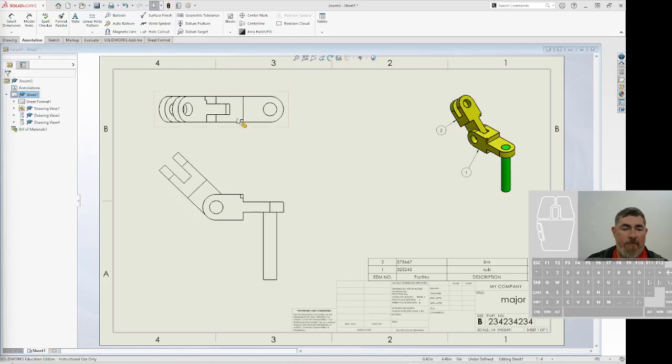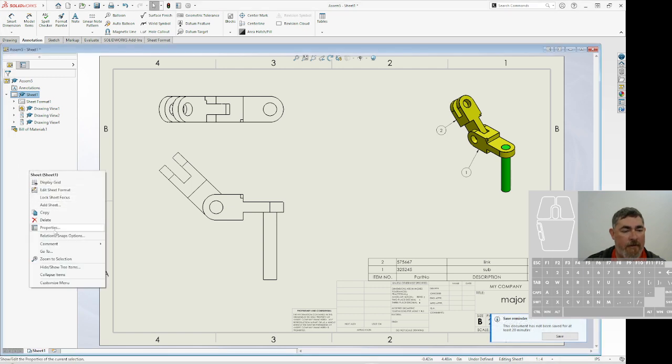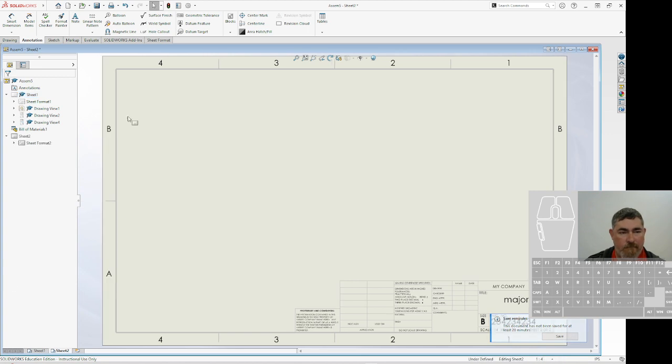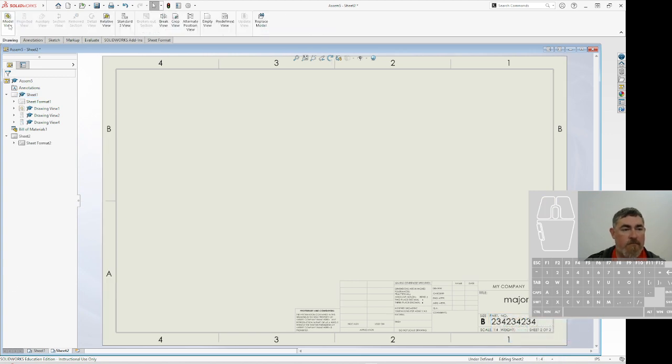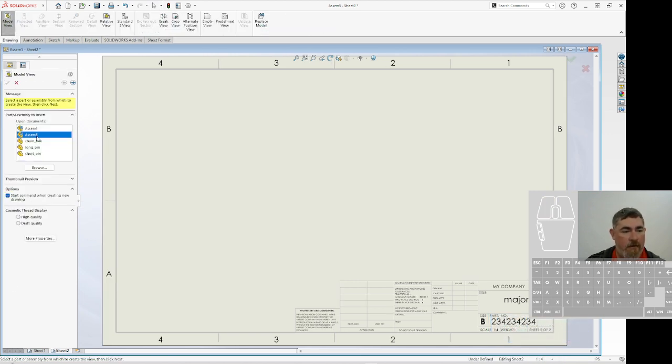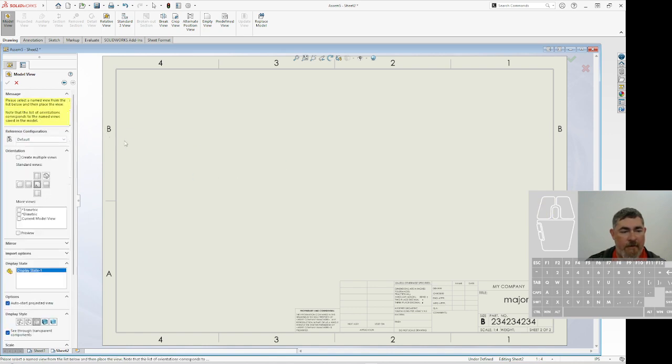Now if I want to add a second page so I can have the information on this subassembly, I can do that easily. I can just go over here, right click, and add a sheet. Now I can go back to drawing, model view. I'm going to go to assembly 4, just double click on that,